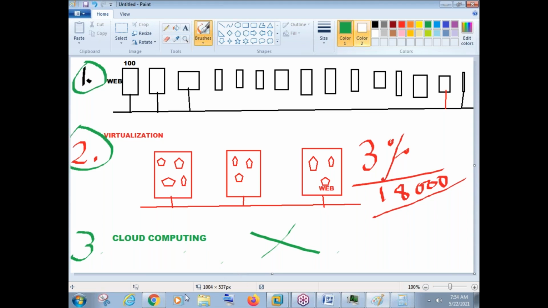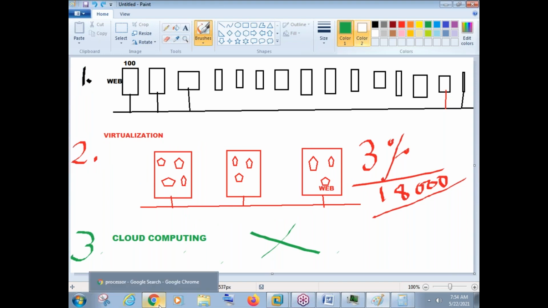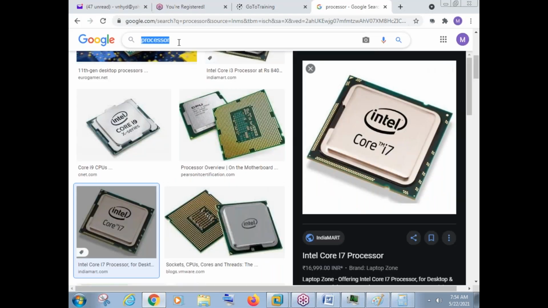Google and Microsoft are saying, we have a huge data center. So instead of purchasing these 3 physical servers also, no need to purchase these 3 physical servers also. Just come to our company. We have a huge data center, and you can use this data center, create your virtual machines, and use your services there. You want to see the data center?